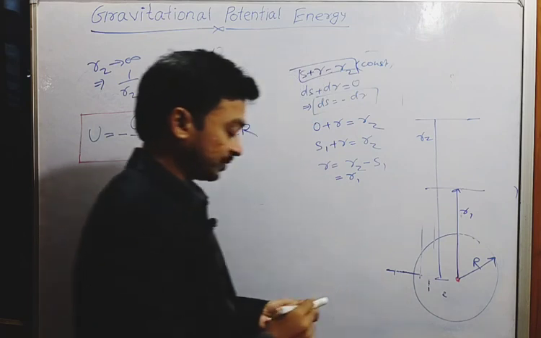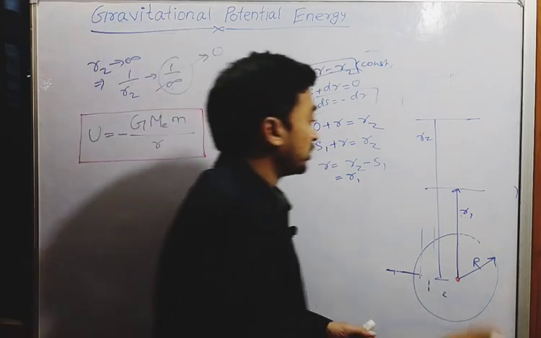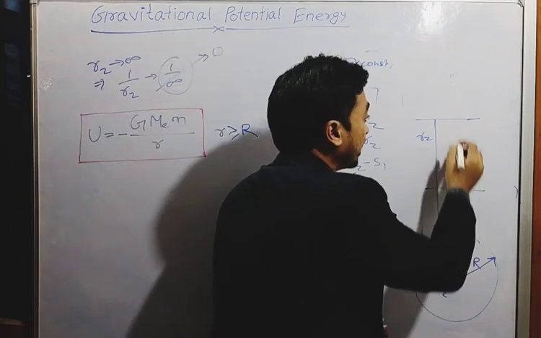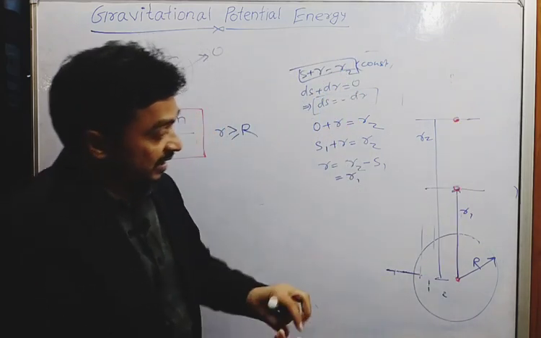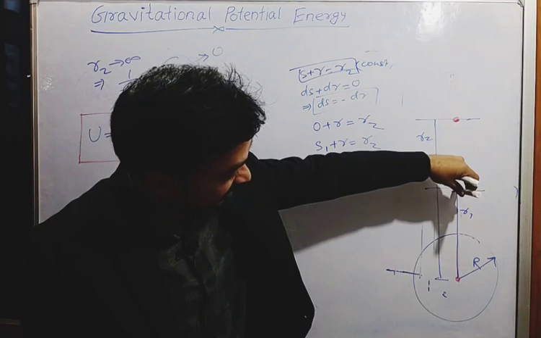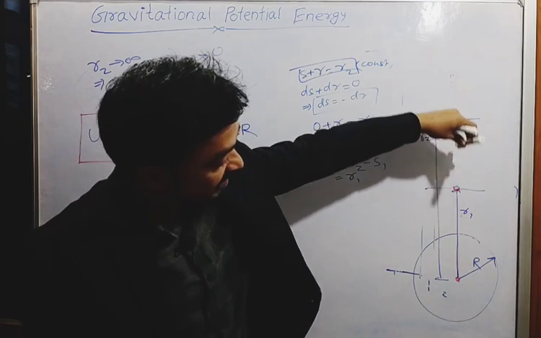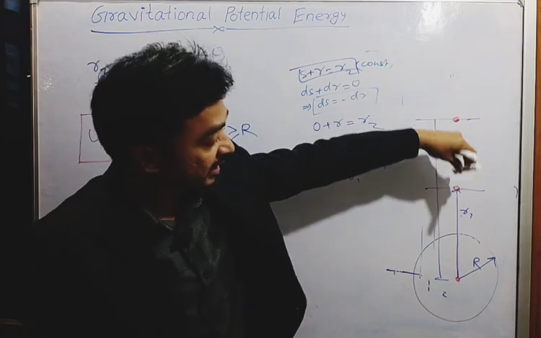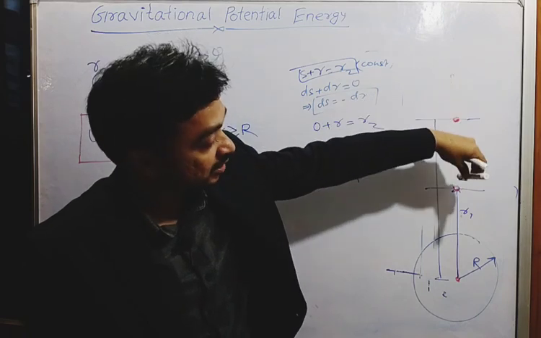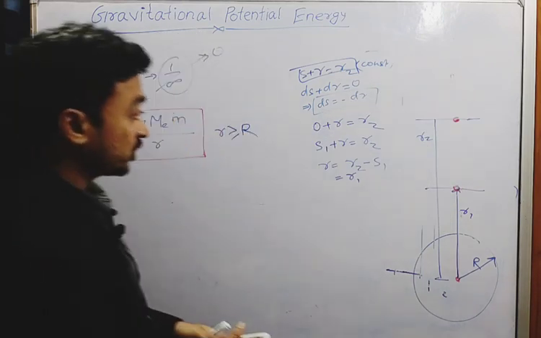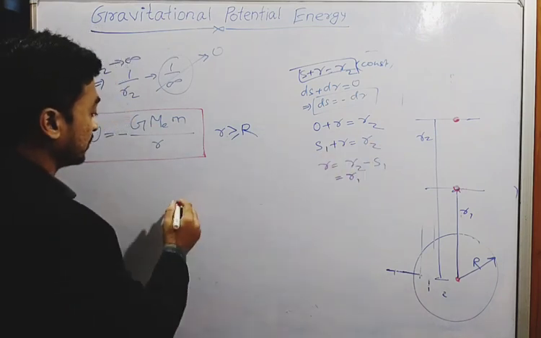If you are moving an object from R2 to R1, I am moving this marker from R2 to R1. Direction of displacement is upward, direction of external force is also upward. So you can write